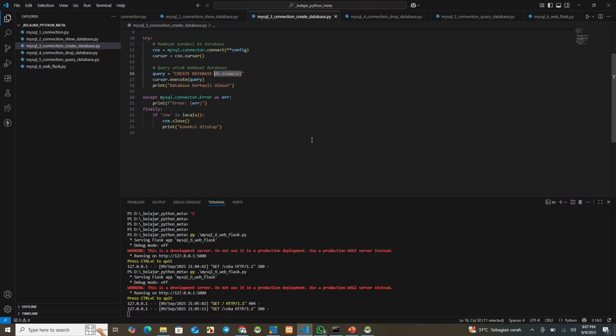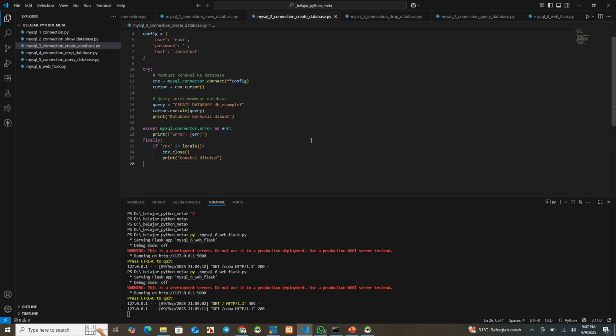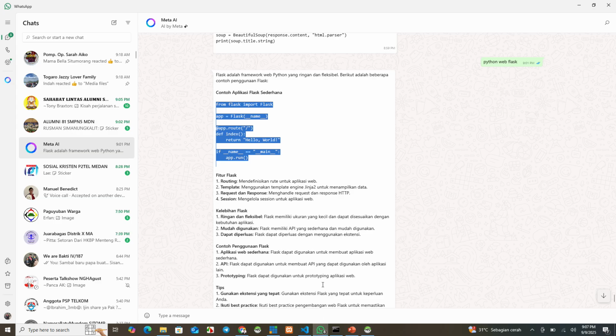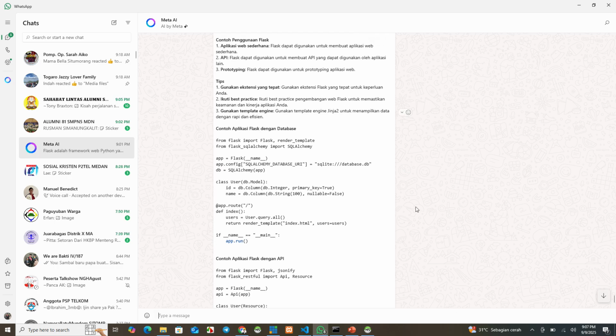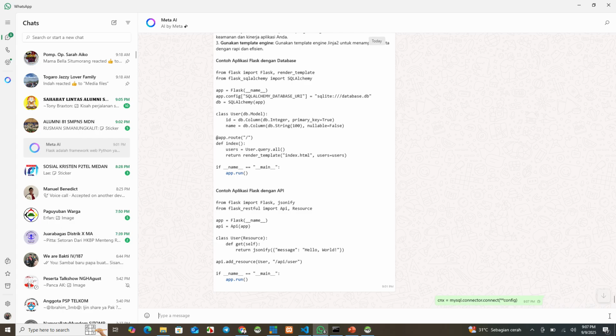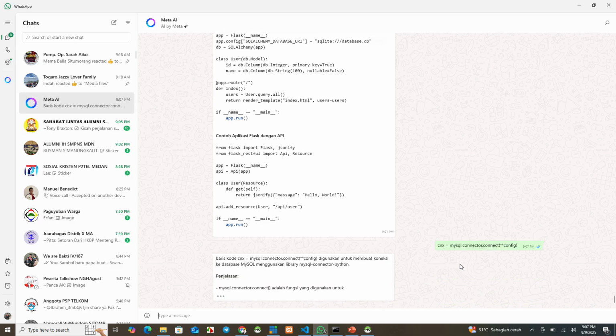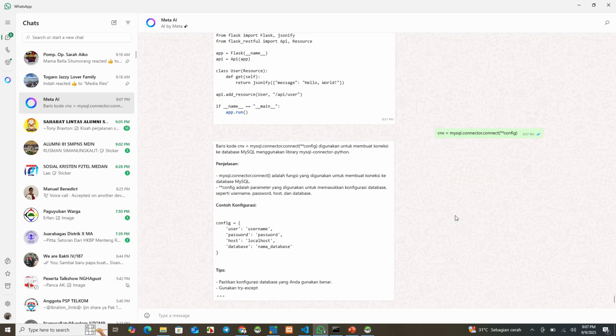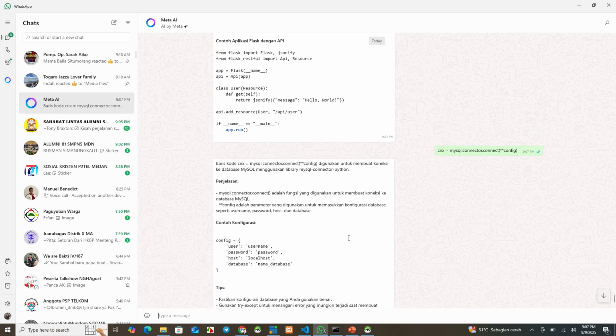Someday, maybe in the script you want to know what the meaning is, for example of this line. You can copy this, put it into Meta AI, and run it. You can see the information, what it means, in Indonesian language. For example, CNX baris kode ini digunakan untuk membuat koneksi ke dalam database.